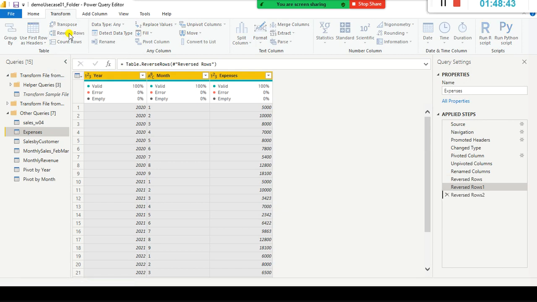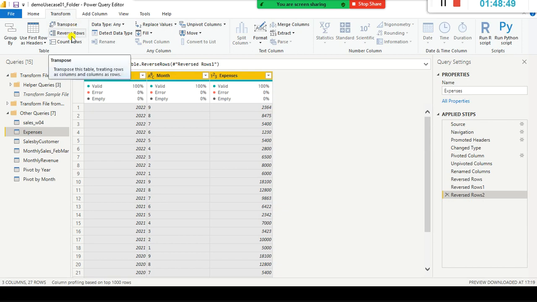Okay, I'll just select one more time. Look here, I mistakenly hit this one. So now reverse rows. Look here, all the values in these three columns got reversed, 20, 22, 9. And if I click one more time, it goes back to the ascending order. So if you want to reverse all the rows, so that the last row becomes the first one and the second to last becomes the second one, then you can go for reverse rows. Transpose is different, we will see it a little later.